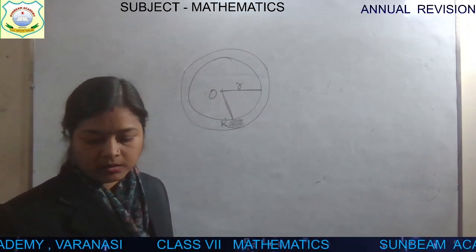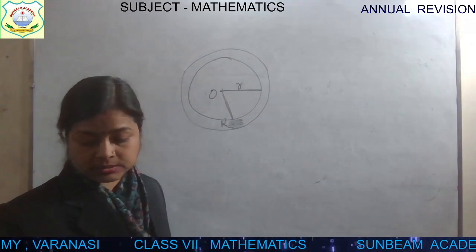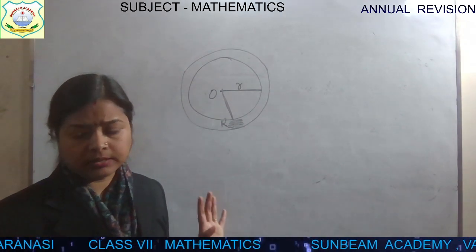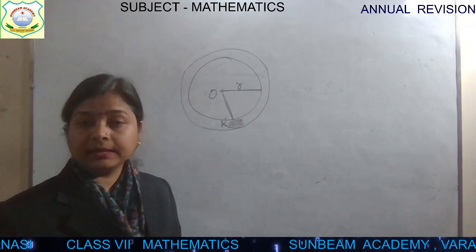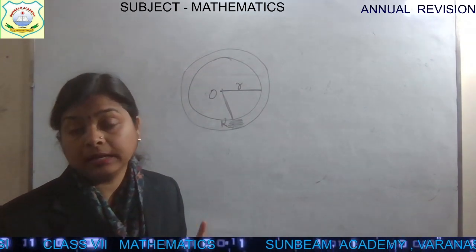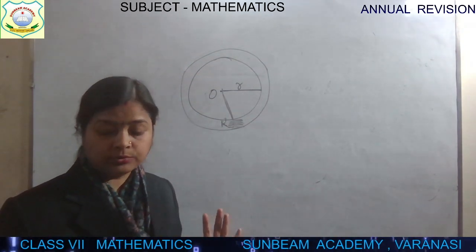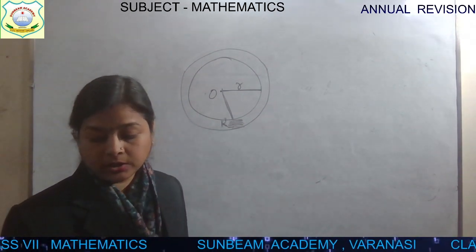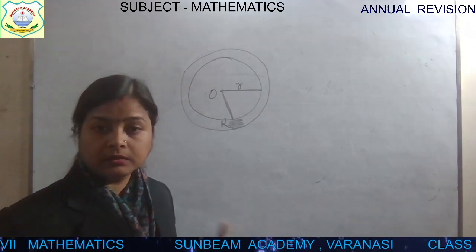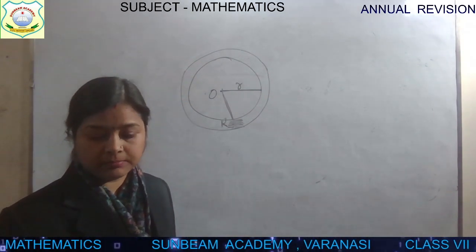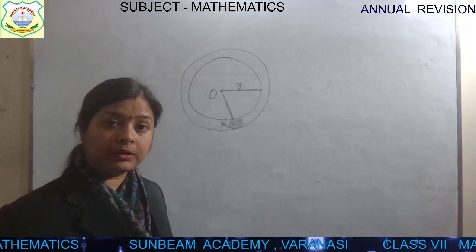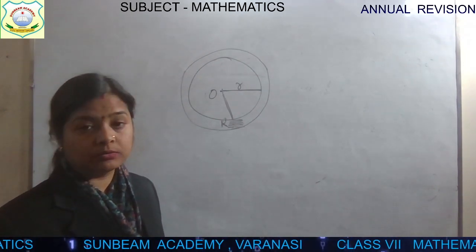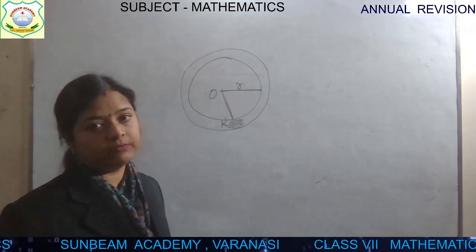Okay. Some questions, in exercise 20A, 20B, 20C, that is full. That whole chapter, whole exercise will come. But in exercise 20D, only till question number 9, children. You have to do till question number 9. Then in exercise 20E, you have to do till question number 10. 20D में question number 9 तक, 20E में question number 10. And then exercise 20F till question number 12 you have to solve.